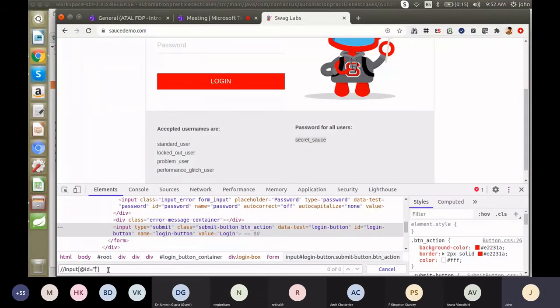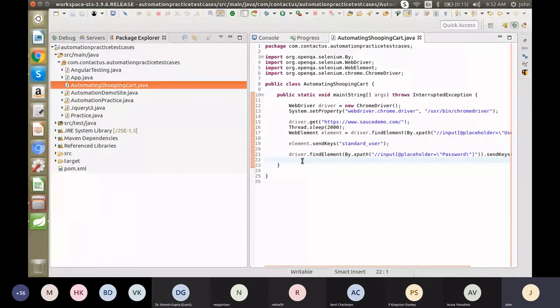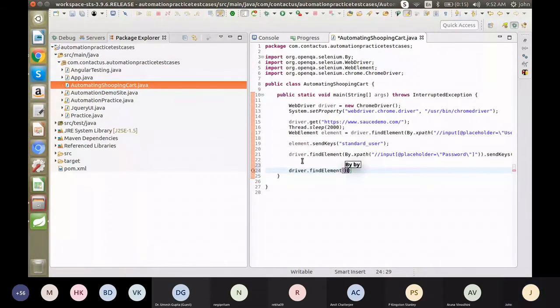So only one button is there. Okay, no problem. So we can copy this XPath and paste it there. Same thing: driver.findElement, By.xpath. We have to paste the XPath here.